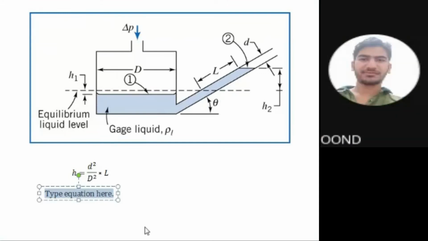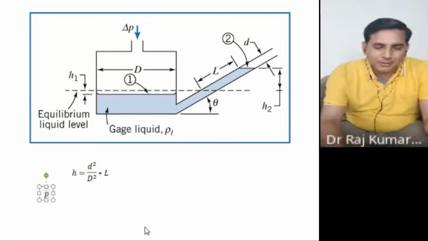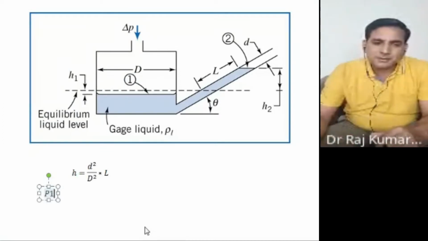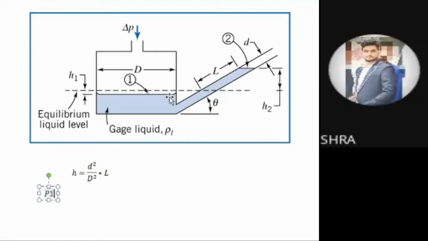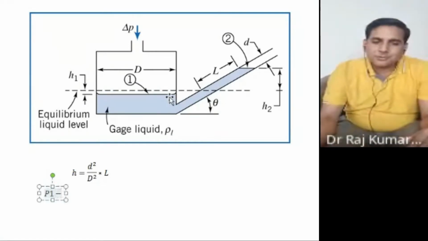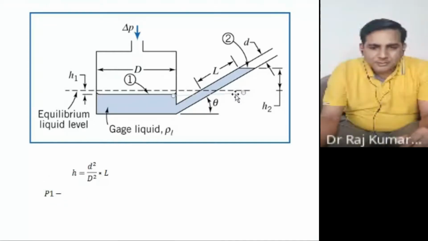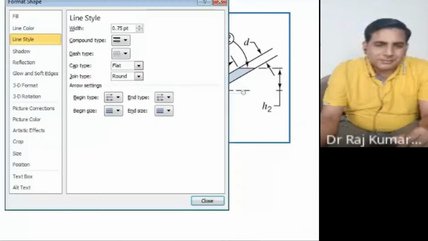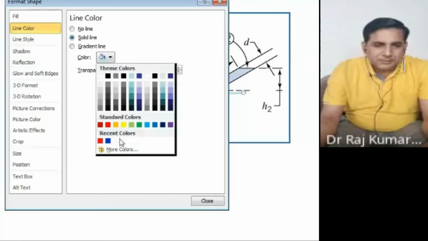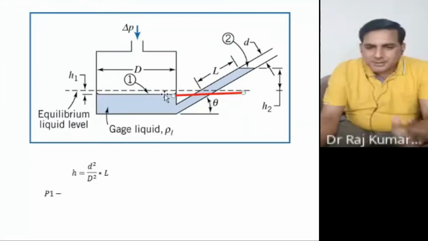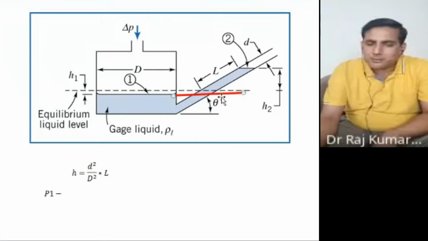Yes, sir. So you are taking, let's say, pressure at point 1 is P1, right? Correct? Yes, sir. Because you are coming from here to here horizontally, no change. Now you want to see how much this value is. So let me draw this line. जस्ट वेट बिकॉज बाकी लोगों को भी समझ में आना चाहिए. So you are here. You have just come from here to here, right? So from here to here, no change.